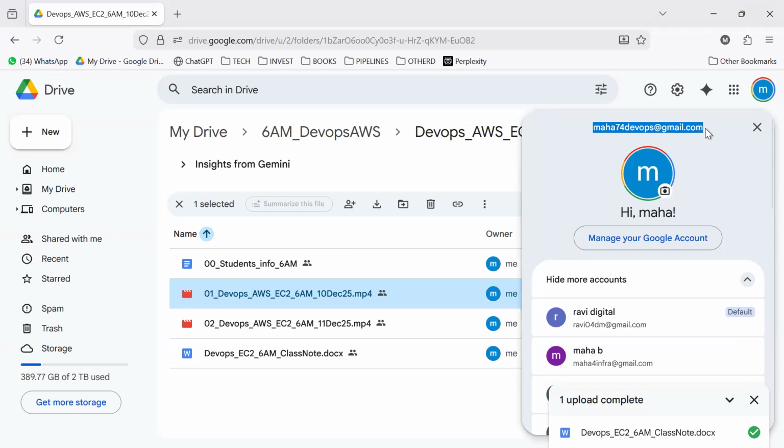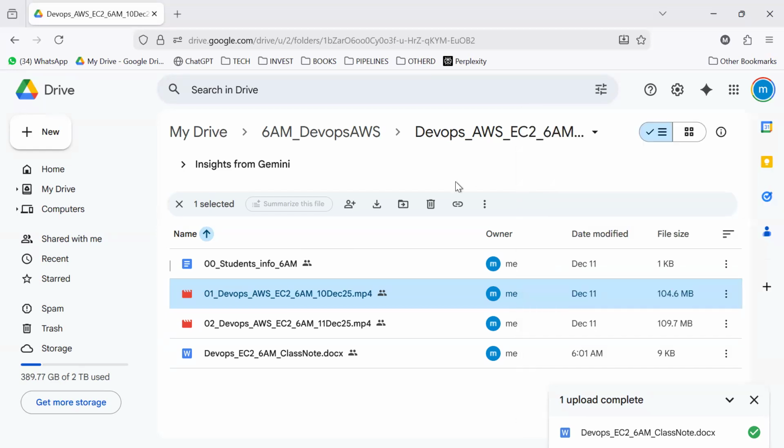From this mail, you're receiving an email. Please check it once. The source is from here. Please check spam or promotions mail somewhere else. The folder name is displayed like DevOps AWS EC2 6 a.m. Surely, please confirm this, Ajay. Okay. Nikhil, I will share. One second, please.